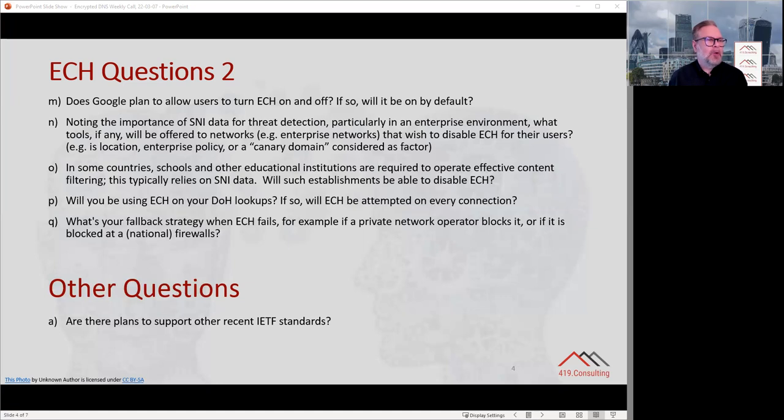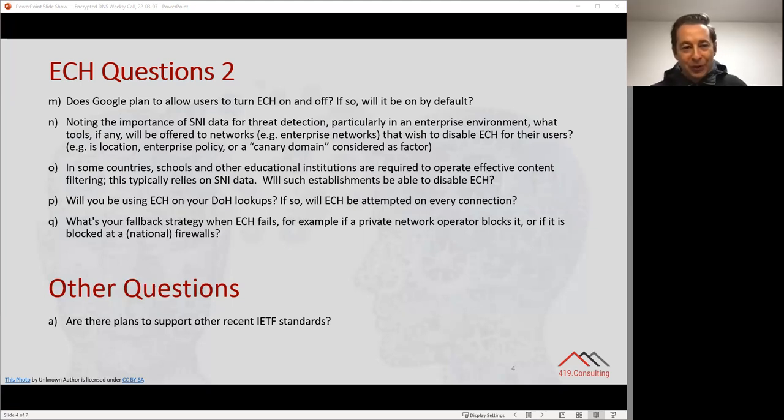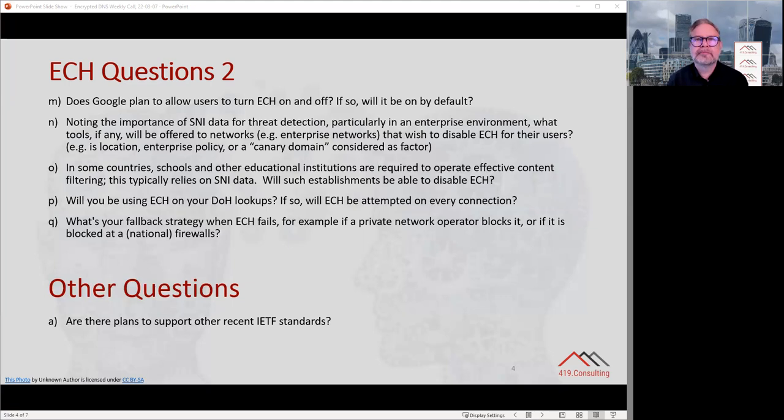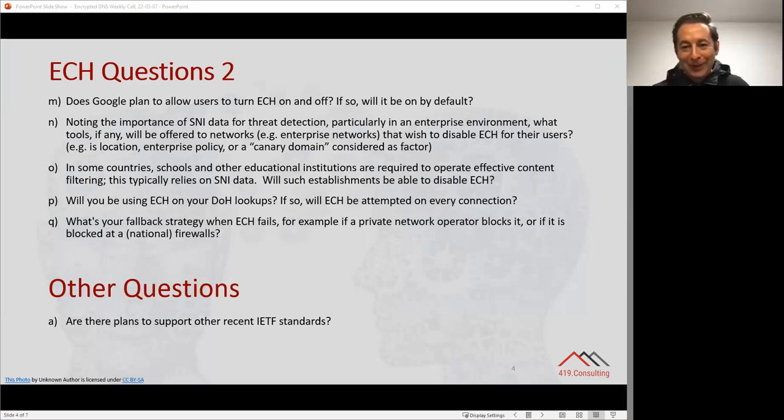So will you be using ECH on your DoH lookups? If so, will ECH be attempted for every connection? Maybe one more thing we'd like to add to the previous question is, and again, if I'm wrong, folks should feel free to tell me that I'm missing something, but it was not clear to me, even if we were to provide an option to disable ECH, let's say, on a purely non-managed bring your own device scheme, you will still have to rely on trusting the students or the employee to disable that feature when they use your